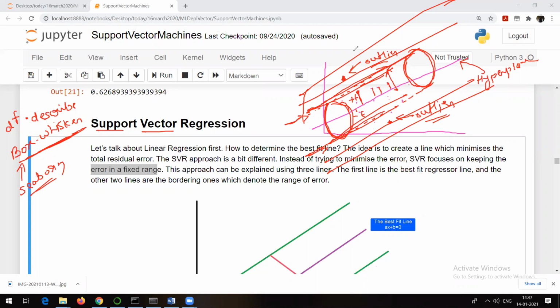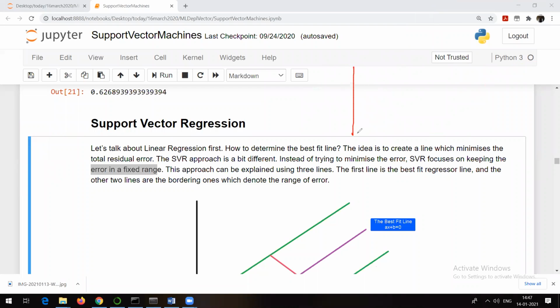As I told you, if these are your data points and this is your line of best fit, on this side and on this side of the line of best fit, what happens is we try to draw as many lines as possible.